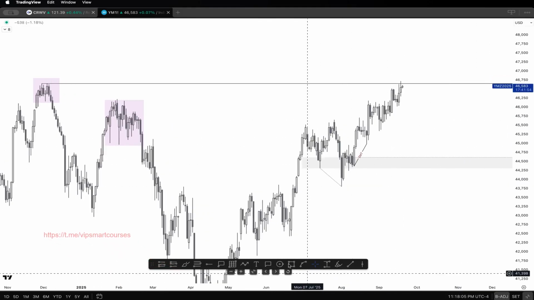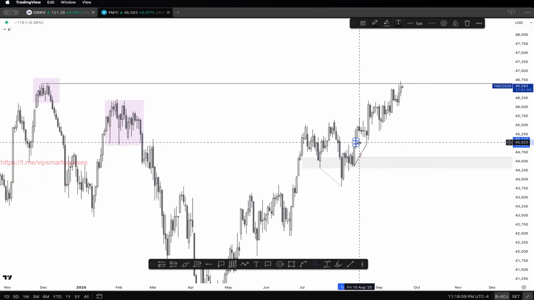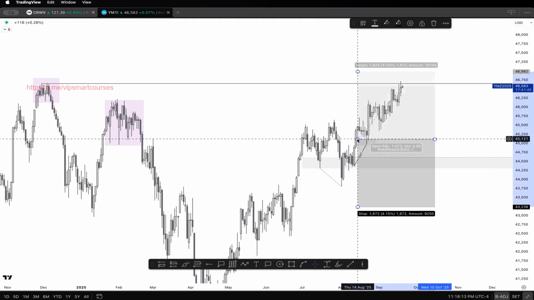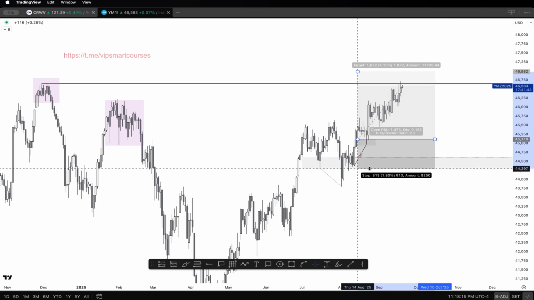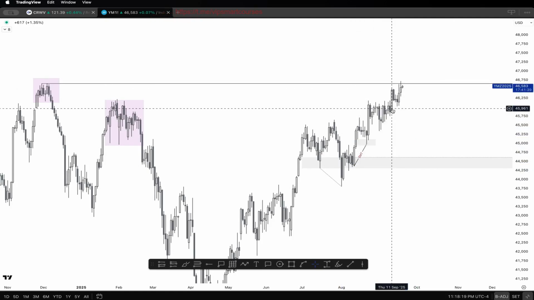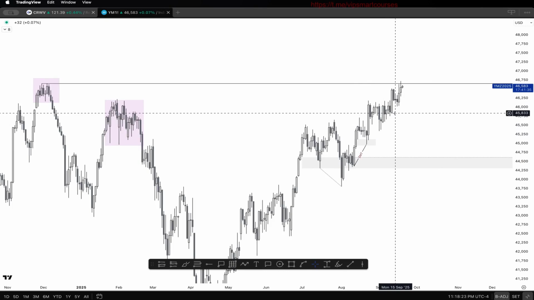if you were trading the daily cycle or the daily market maker model, you could be entering in this fair value gap as the market expands higher and taking a position that looks as simple as this, right? Targeting these all-time highs. Now you could also refine this and trade intraday like we did over the past couple of weeks, but I